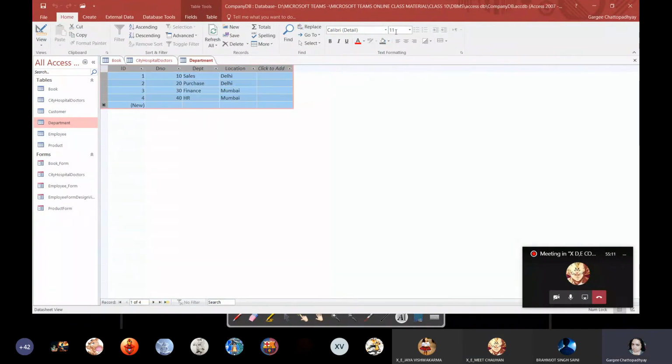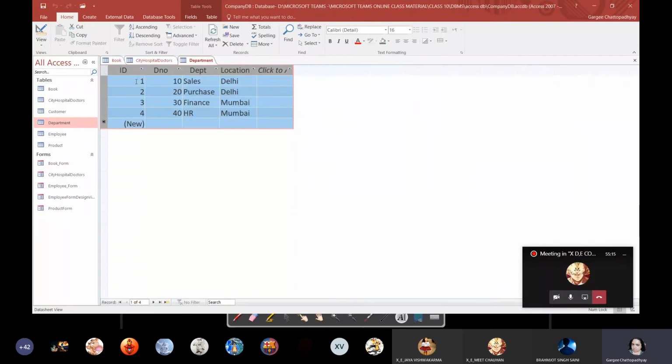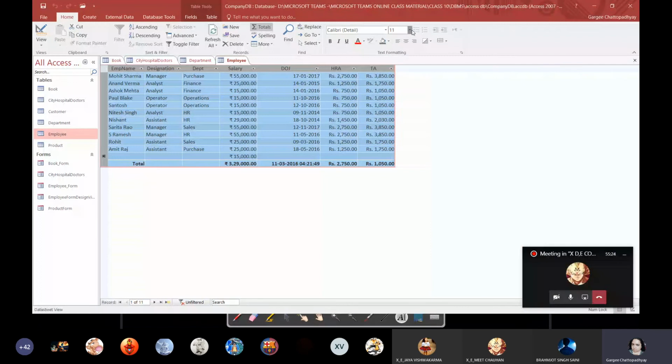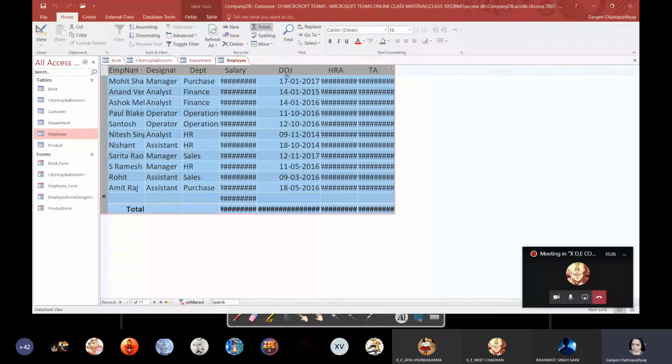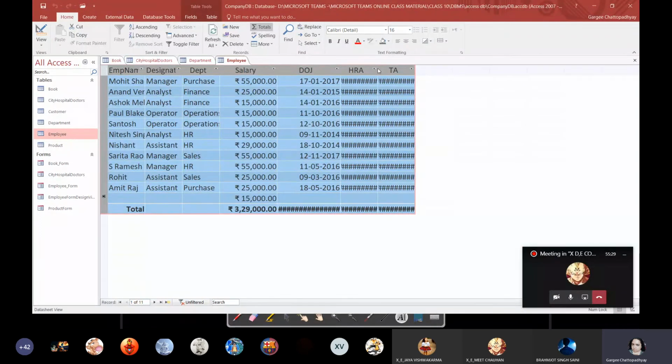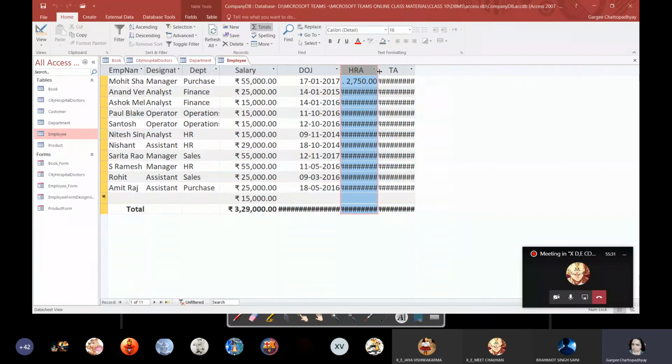Next is department. Here you can see the departments, and this department is for the employee table, where you can see ID, department number, that is DNO, DEPT, that is department name, and location. Then the employee table has quite a number of records.